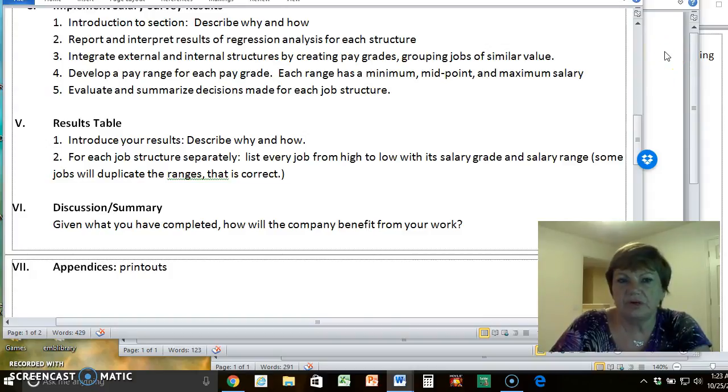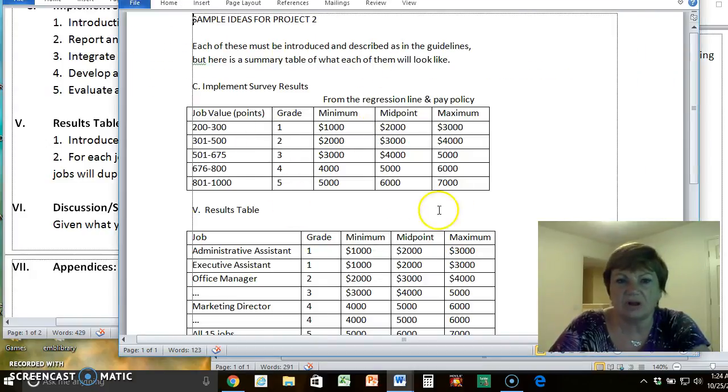So I showed you an example earlier in class that talked about implement survey results, and a resultant table that you might have in your paper would look similar to this. Again, the numbers would be different because these are numbers I made up, but you would have the job value and then what grade that means, the min, mid, and max. And again, that you're not making this up. It's the comp analysis program generates it for you using the companies you chose, updating it by the amount that you said, and all of that, so that it's all reflected in those dollars that are in that